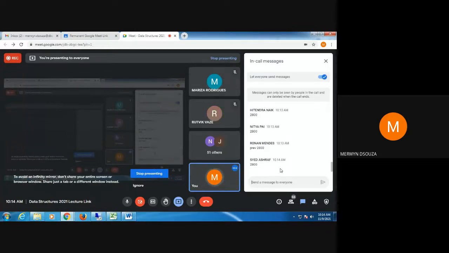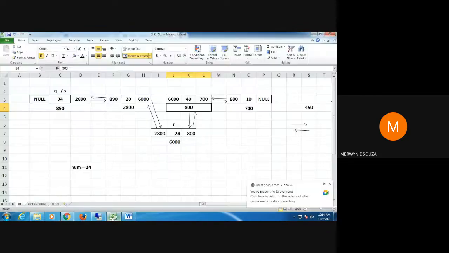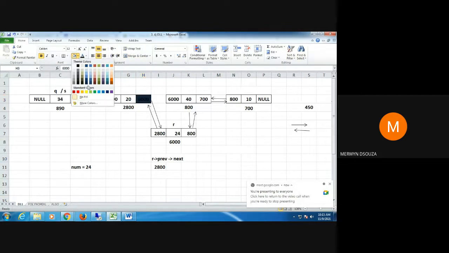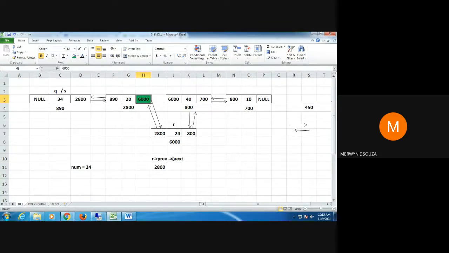It is referring to 2800. Okay, so for those of you who are not getting it, R arrow previous means 2800, and of that you're referring to the next part. 2800 means here, and the next part is this. So R arrow previous arrow next means, R arrow previous is here, this node 2800.